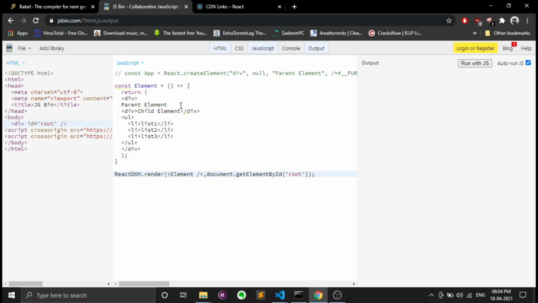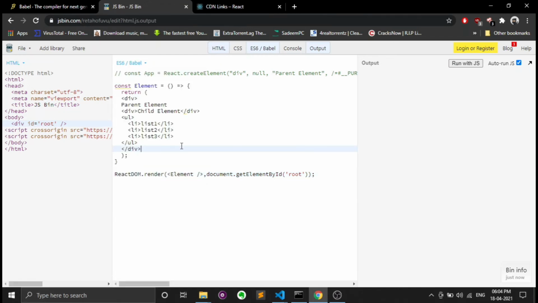Okay, so we are using a simple JavaScript compiler over there. In Babel, we convert a simple HTML tag into a convertible React element. So we have to convert that first by using Babel.